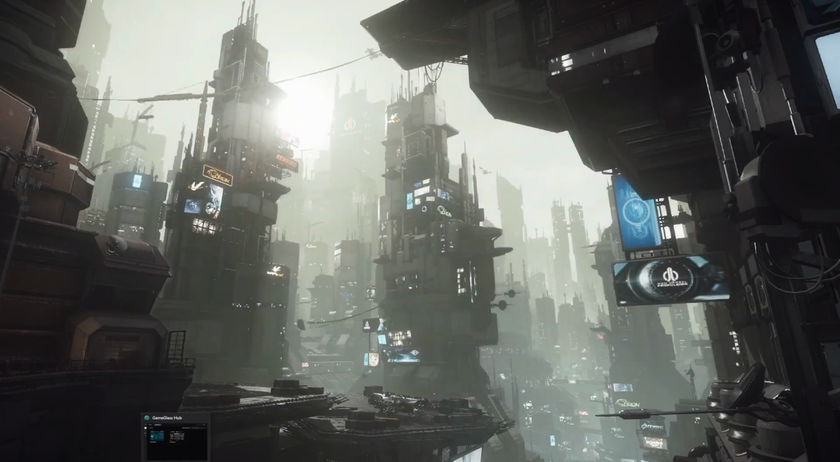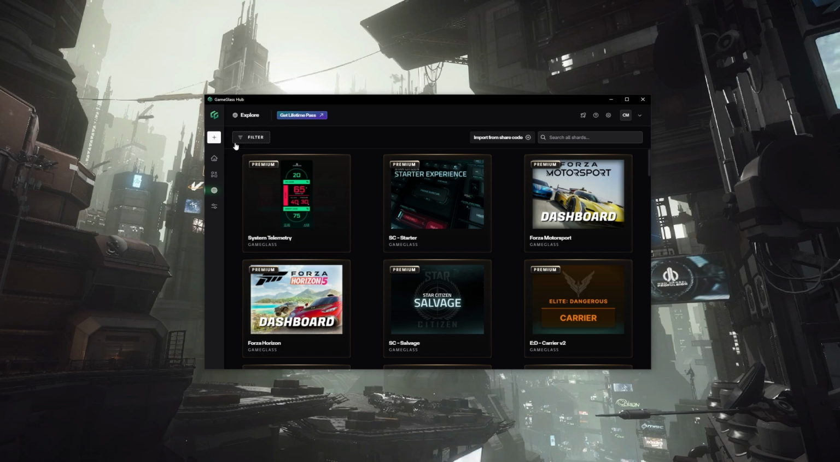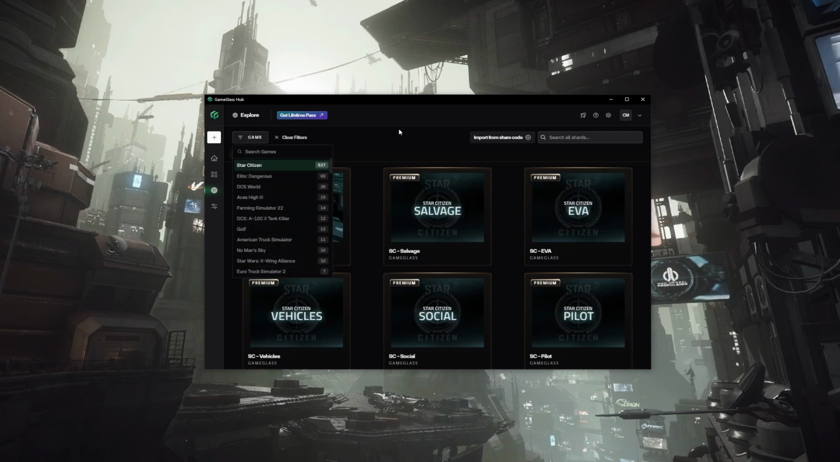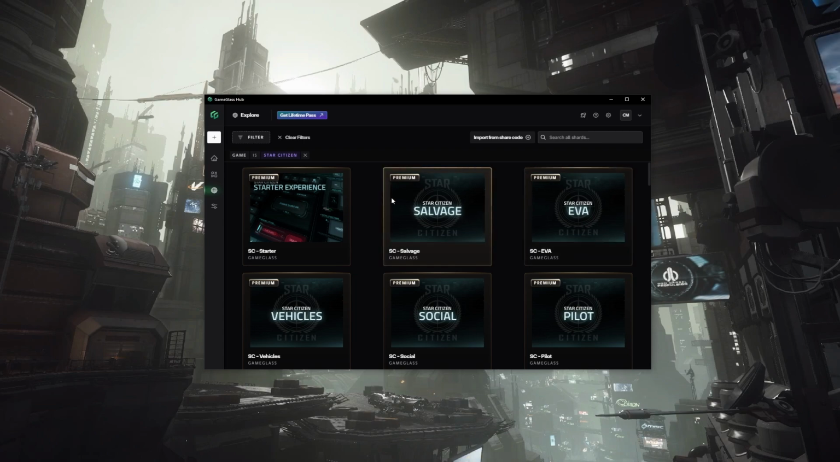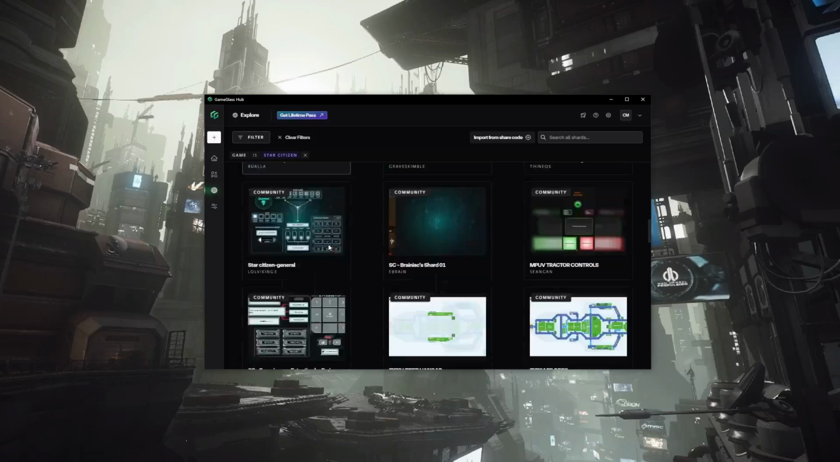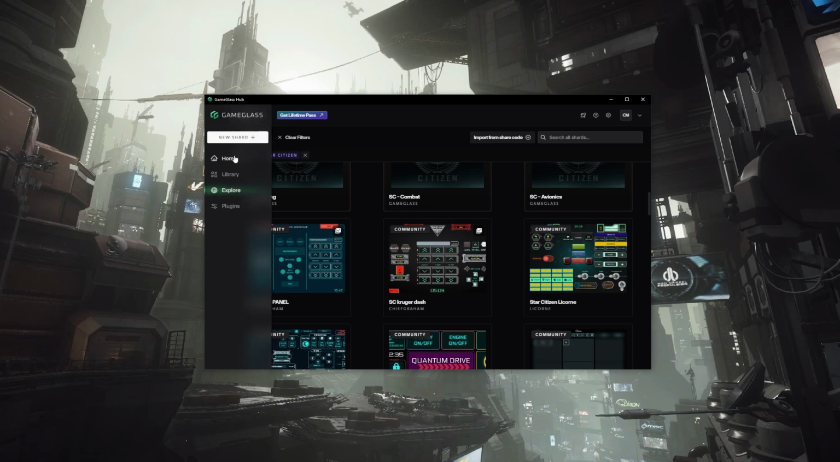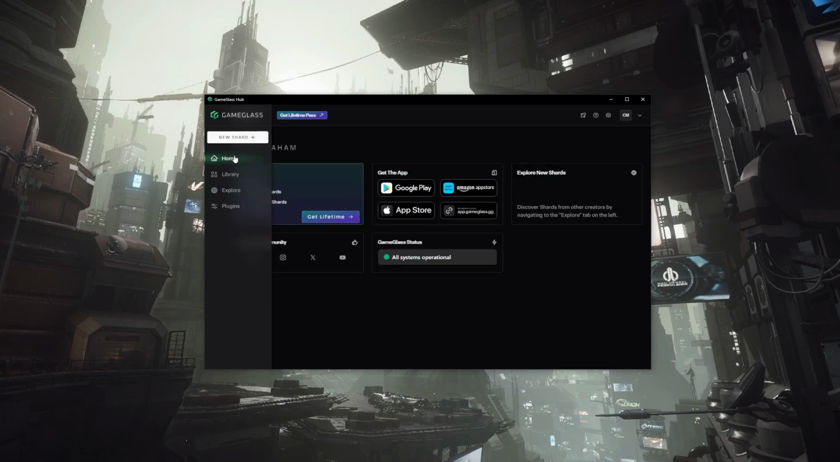Alright, then you're going to download it, open it up. You'll need to create a free account. The next thing you'll do is go to Explore. You can click Filter, Games, Star Citizen's right at the top. Now these premium ones you do have to subscribe for, but there are tons of free community made ones. I have made two myself. They're right here at the top. Once you found one you like, you go to library,